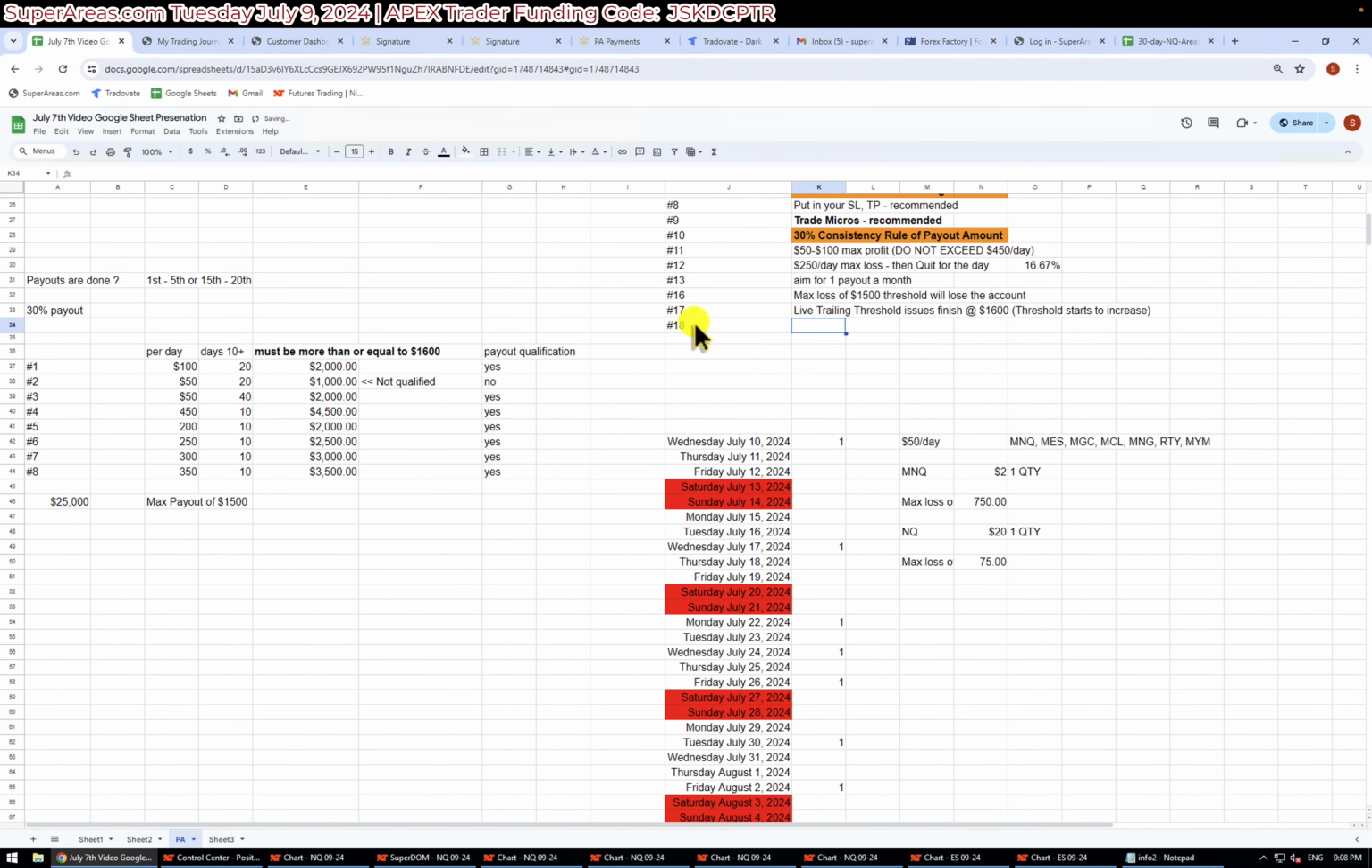And number 18 for information: max payout is $1,500. Minimum payout is $500. All right, so your minimum payout is 500. Now people get confused here. They're like, all right, I'm going. So if you were to take a payout of